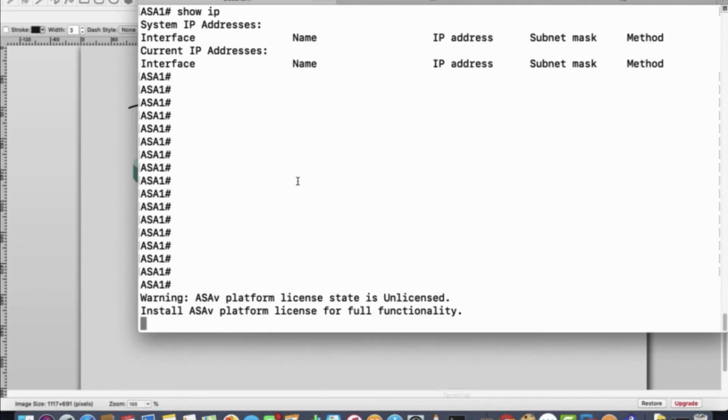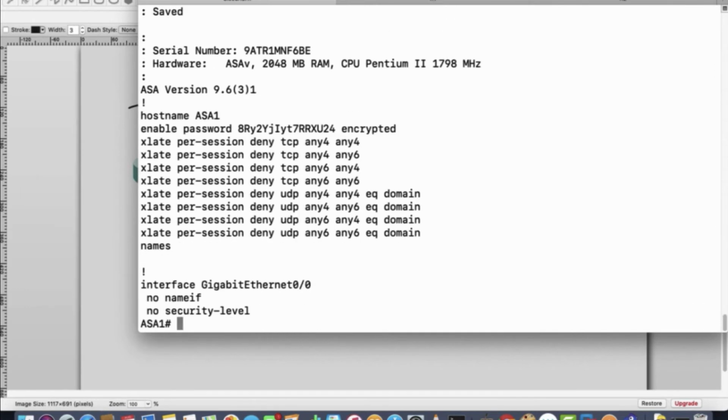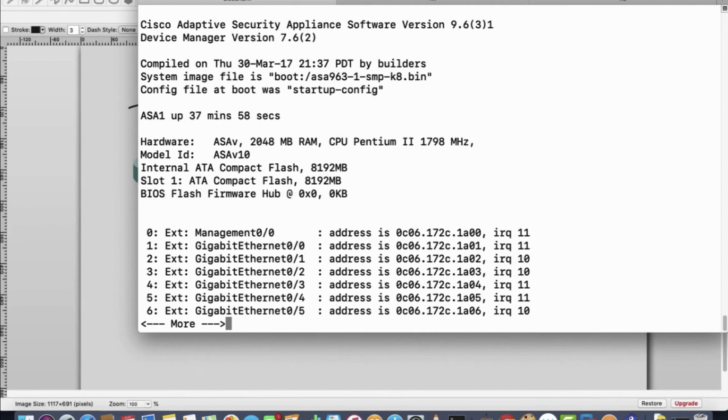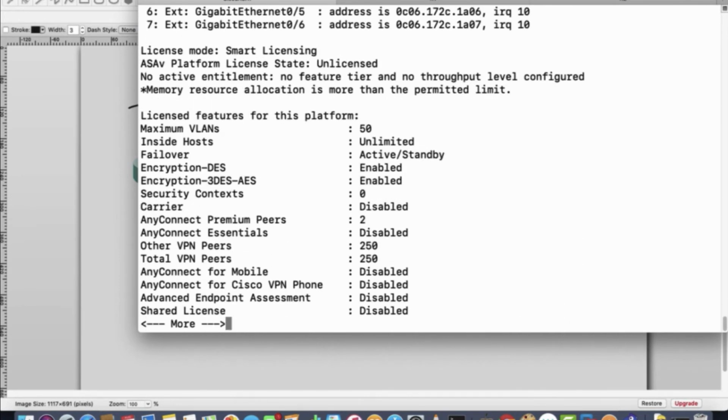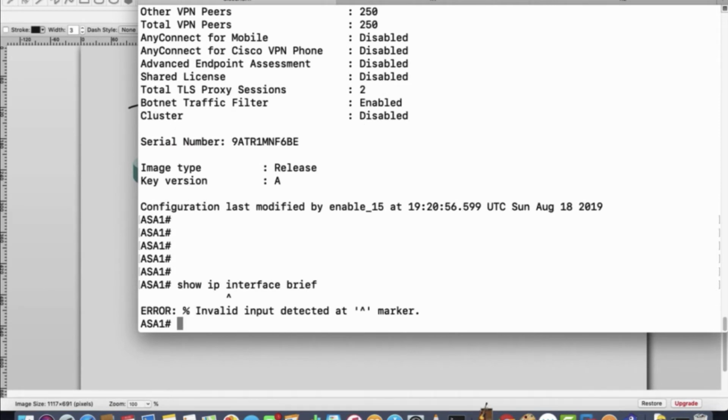So second thing. Show running is the command which is the same as on routers and switches. You can check. Show version is the same. It gives you information about the uptime, interfaces, IOS, whatever the model of the device is, and the licenses. So one popular command which we are used to, our fingers always write it, show ip interface brief, doesn't work.